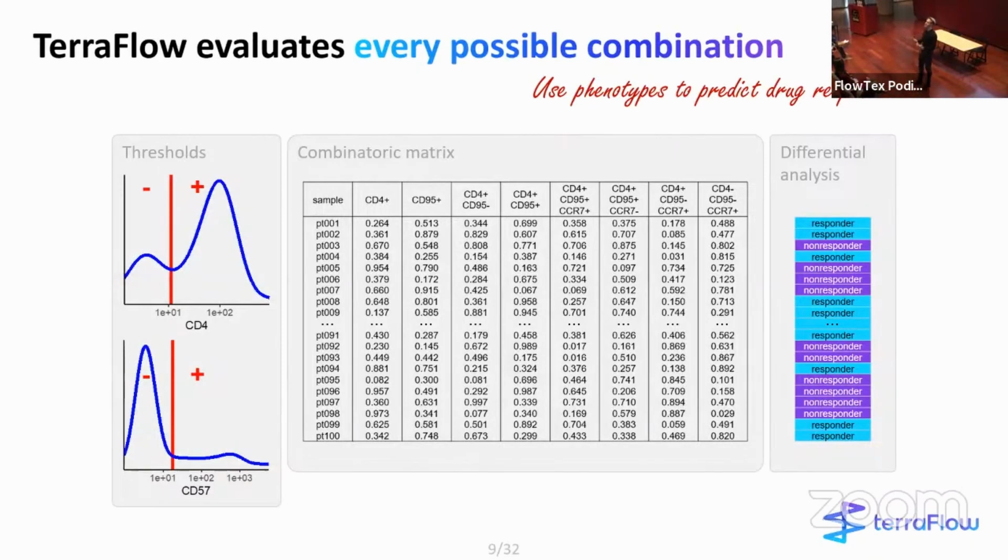And then we start combining these gates combinatorially. So we say, okay, in patient 1, what percent of cells express CD3, CD4, CD95, et cetera, until we've enumerated every possible combination of 1 to 5 markers. So that gets us to this matrix where each row is a patient and each column is the percent of cells expressing that protein combination. Now, of course,